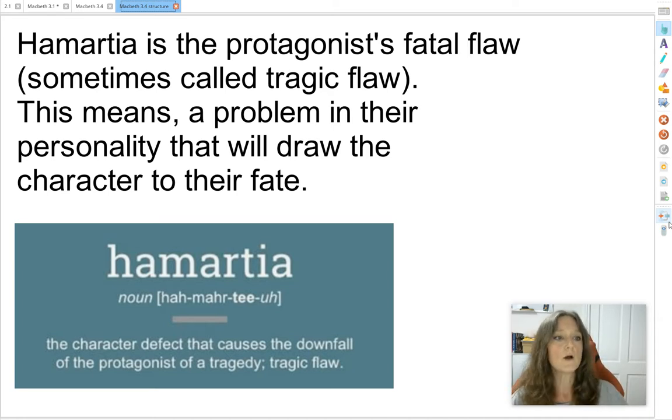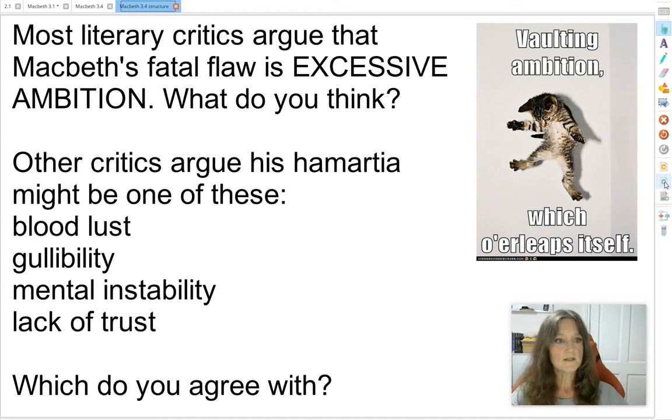So in my words, the hamartia is a problem with a character's personality, and that means that that character will be drawn inevitably towards their fate, whether that's for good or for bad. So you can see the definition below as well and how to pronounce it. Hamartia: the character defect that causes the downfall of the protagonist of a tragedy, the tragic flaw. So that's what hamartia means, and you'll see why we need that in a moment. Okay, so